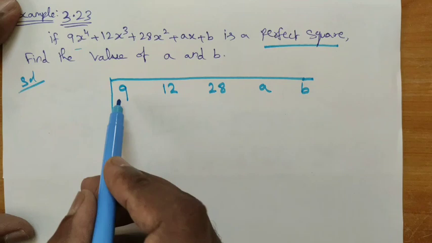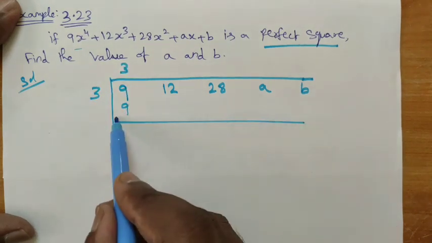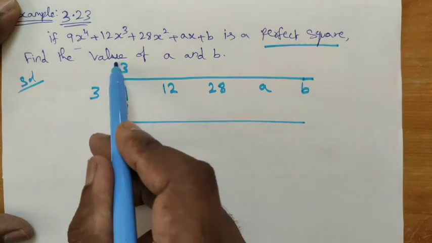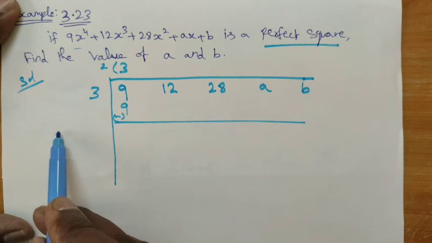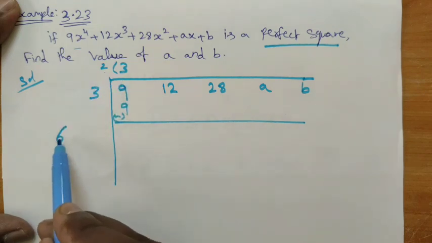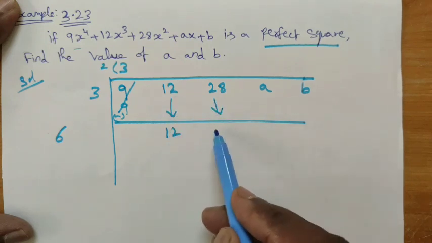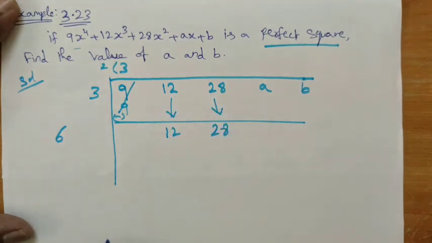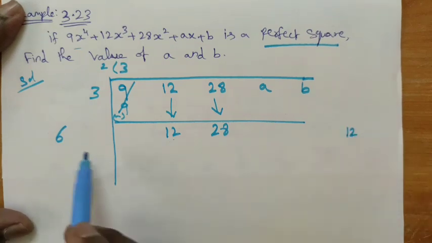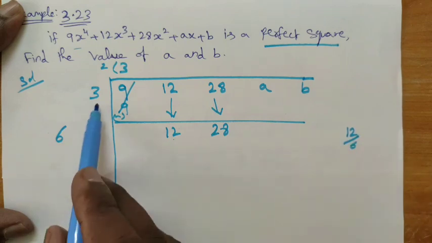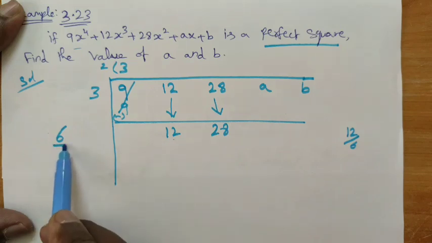First we want to cancel the first term. 3 3s are 9, a perfect square number. So minus. Whatever the number here, we have to multiply and write here in the second step. 2 3s are 6. This term is cancelled and we reduce to the two terms, 28. Next term, choose the first term 12 and divide by the first term. In the first step we have one term, in the second step we have two terms.